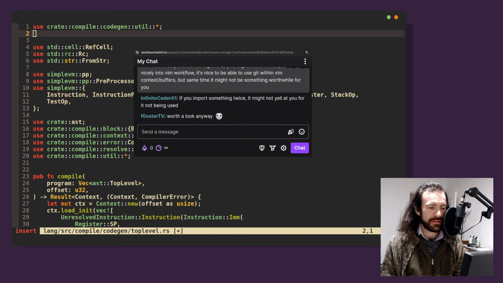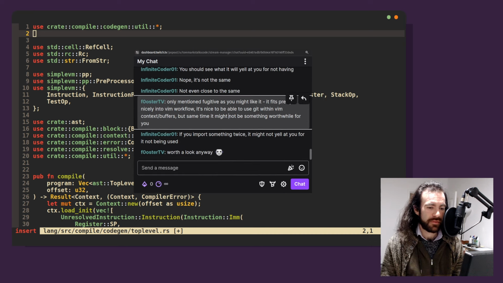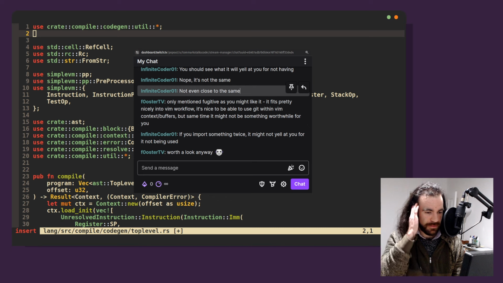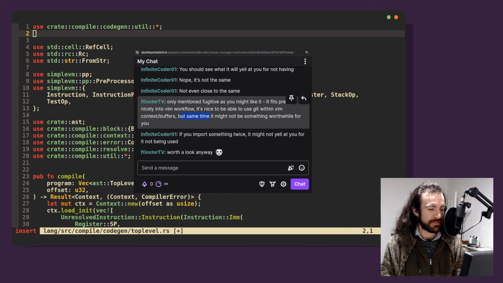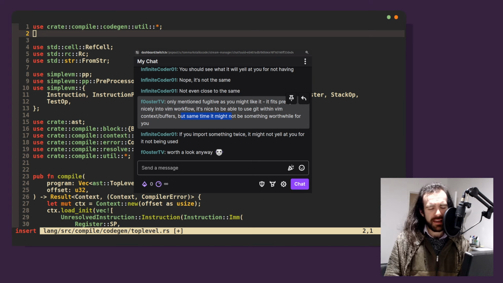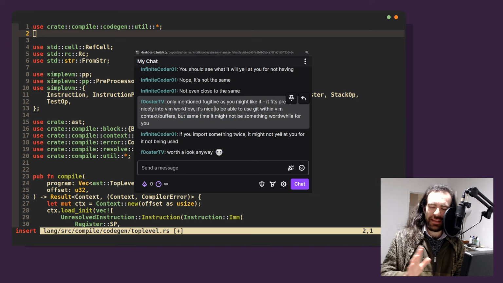It's not the same. It fits nicely into Vim workflow. Nice to be able to use Git within Vim context buffers. Yeah. I am interested in improving my Git workflow, especially if I go back to full-time work for a bit. It would be important to have a better Git workflow, I think, for collaboration. For just my projects where I don't really care that much about my Git history, it's okay. But yeah, I would actually need to look at better tools and LSP and stuff if I'm going back into